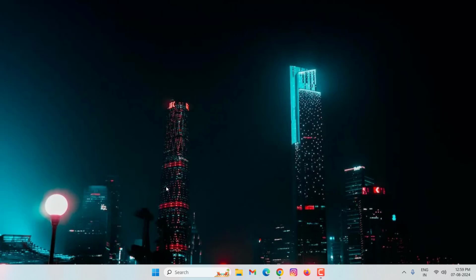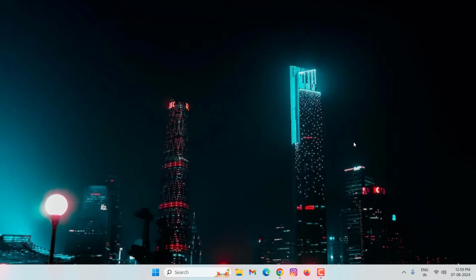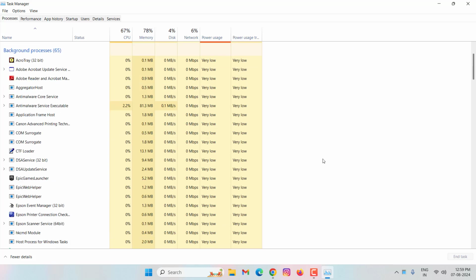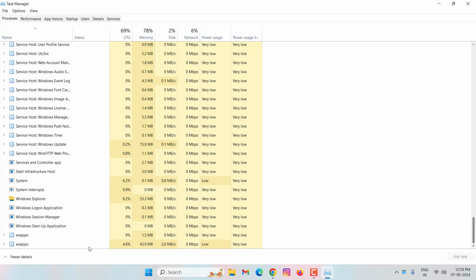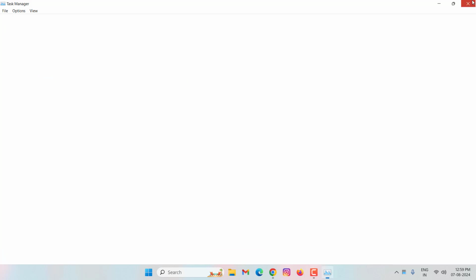First of all, reset your Windows Explorer. For that, right click on Start menu, click on Task Manager, then search here Windows Explorer. You can see here Windows Explorer, right click on this, click on Restart. After restart, close this window,